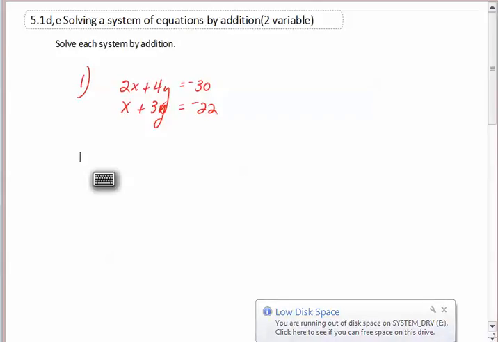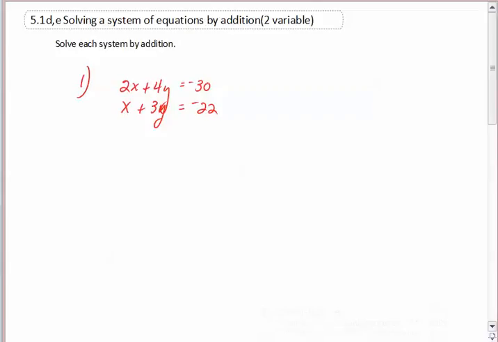When I solve a system using elimination or addition, you need to keep the equations stacked on top of each other. Now, if you looked at my previous video about substitution, I pull the equations apart and put them on each side of the page. But you have to keep these stacked, because you want it basically in standard form, and you want to be able to see the like terms, like the x's stacked here and the y terms stacked here. So I'm going to look at this,